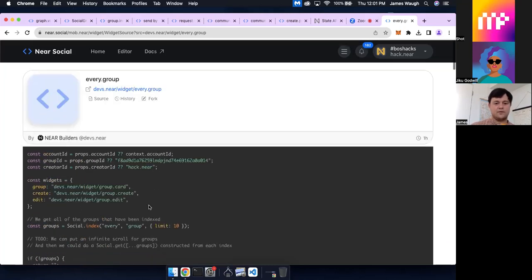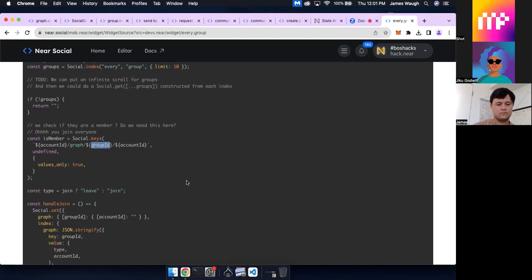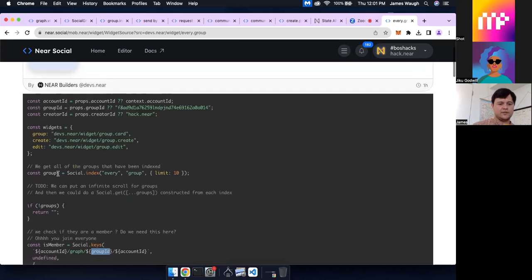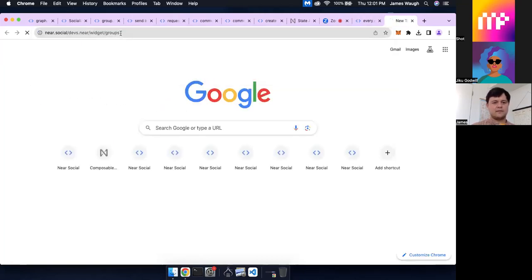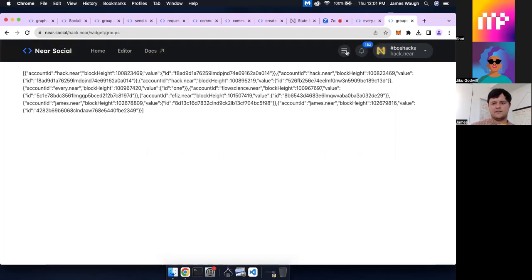Okay, so in this case, all the groups you displayed isn't all the groups on near social. It's all the groups under the hack.near account that they made. No, this is actually getting all the groups that are indexed as part of every index. So you get all the groups. There's another thing that kind of just shows you the data raw. I think this is it. Oh, it's down here. Yeah, so this is the plain and simple